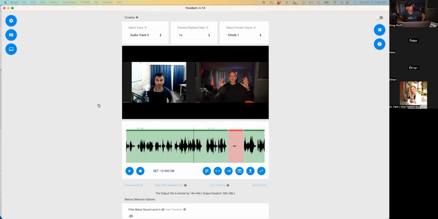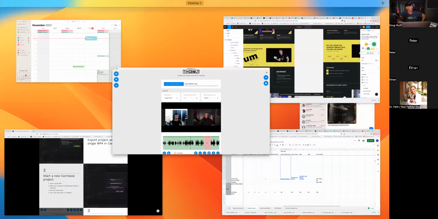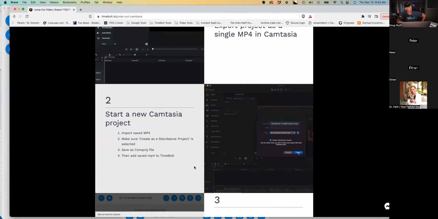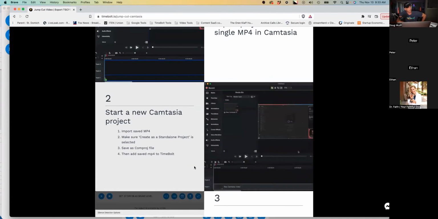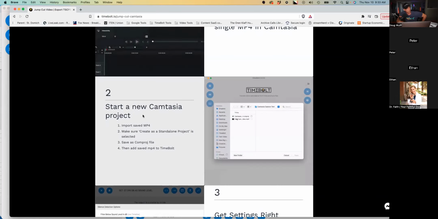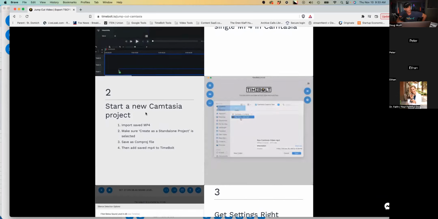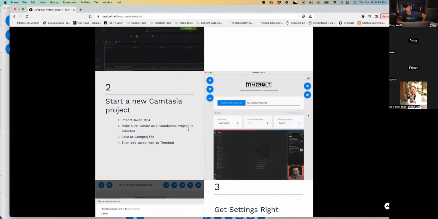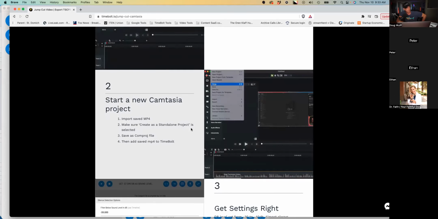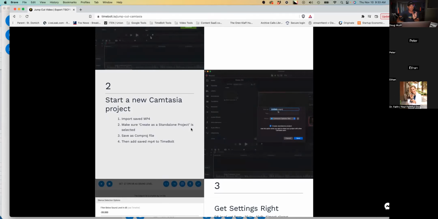And then what you're going to do is take that file, okay, that you saved. And since you're still going to want to do stuff in Camtasia, you're going to want to start with number 2 before you drop it into TimeBolt. Okay. I'm telling you this because this is a process specifically for Camtasia so that you can get a very defined cut up timeline in Camtasia